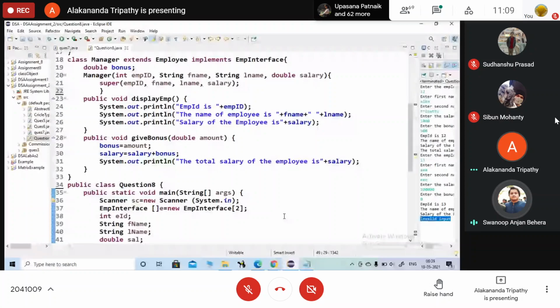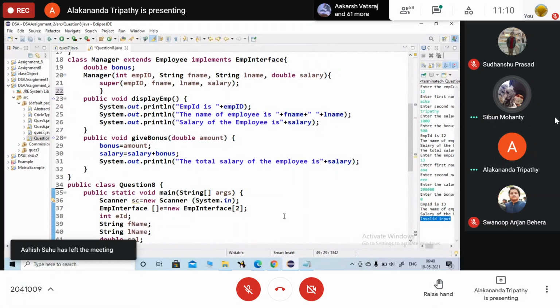एरर है। ओके मैम। सिबोन, you are also putting it. सिबोन का कहाँ पर एरर आ गया? ये पब्लिक स्टैटिक लिखो, right from the method name as public static. ओके मैम। और यहाँ पर तुम्हारा वही डबल सैलरी सुपर वो सैलरी प्लस बोनस। अच्छा, यहाँ पर जो मैनेजर क्लास में सुपर लिखे हो, वो एम्प्लॉय एब्स्ट्रैक्ट क्लास को वहां पर कंस्ट्रक्टर डिफाइन किए थे सिबोन? यस मैम। वो एम्प्लॉय क्लास वाला मुझे थोड़ा स्क्रीनशॉट दो तो। ओके मैम।